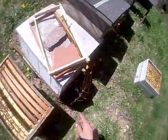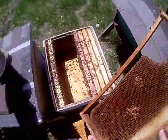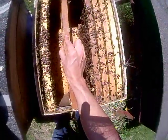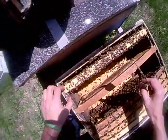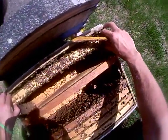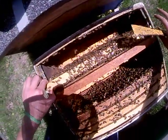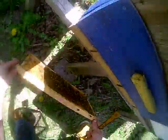Alright. Now, with the hive that I just opened, we're going to take all the old comb out of that box, and we're going to checkerboard the living crap out of her. Checkerboarding is basically where you take a frame of nothing, like this, and then you put two frames that have stuff on them, like this one, and get the girls off of it here. Okay? And you put them together, and then you put another empty frame here. And this will encourage her to